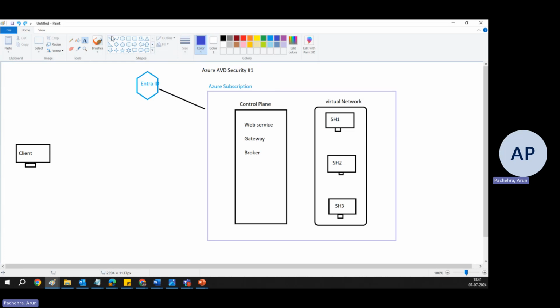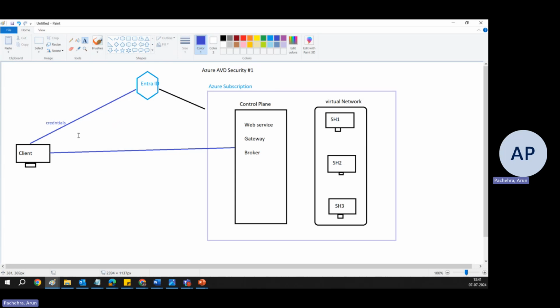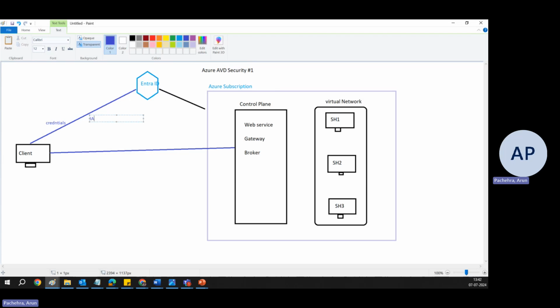session host. So when this guy tries to access the session host through the control plane, the very first thing it does, it goes to Entra ID and verifies itself and gives the credentials. It will ask for the credentials, right? So here, let's start securing it from here. So what is happening here? Here IAM, identity and access management, is happening, and we can secure it here